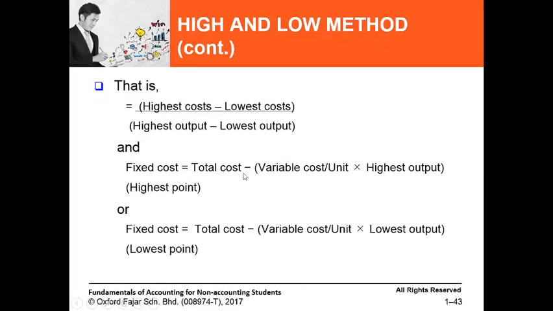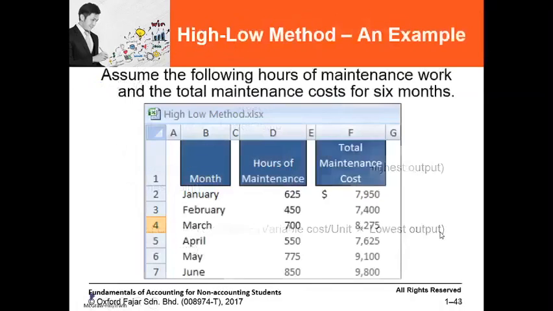Fixed cost equals total cost minus variable cost per unit times highest output, which is the highest point, or total cost minus variable cost per unit times lowest output, the lowest point. Okay, so assume the following hours of maintenance work and the total maintenance cost for 6 months,